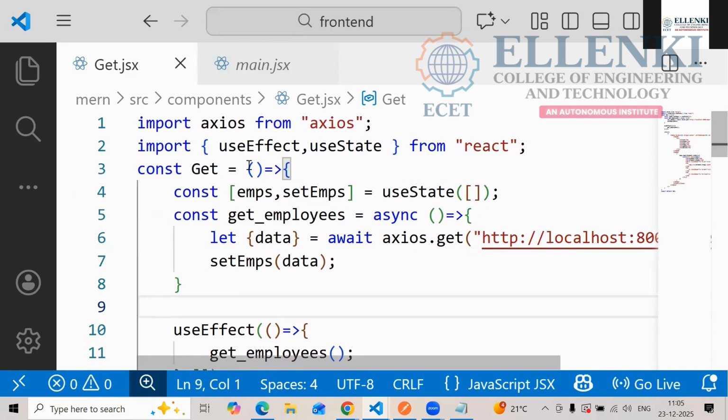That only, Ray. That line only, Ray. Yes, yes.